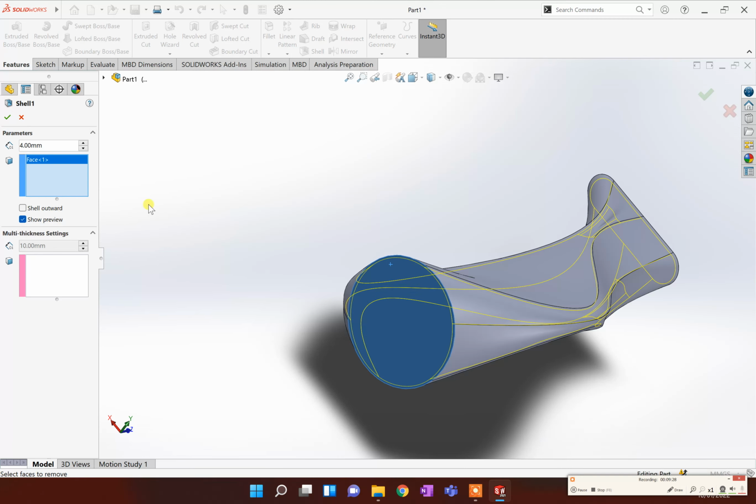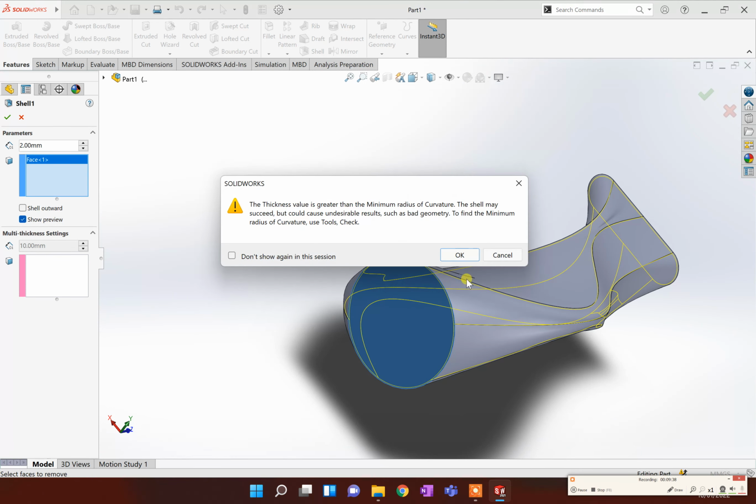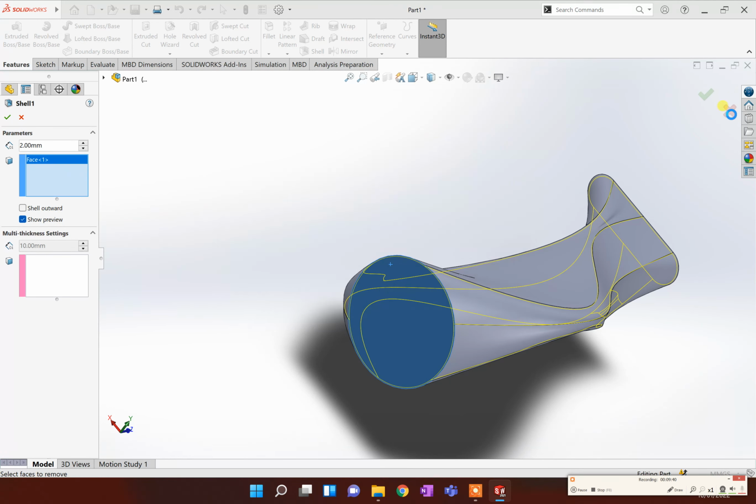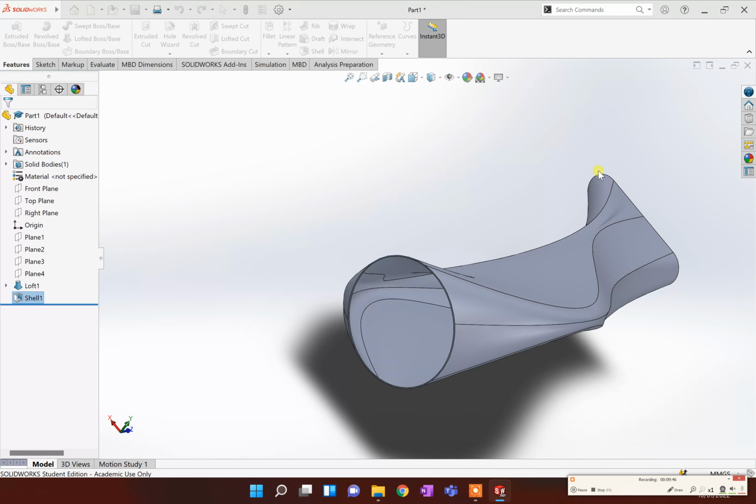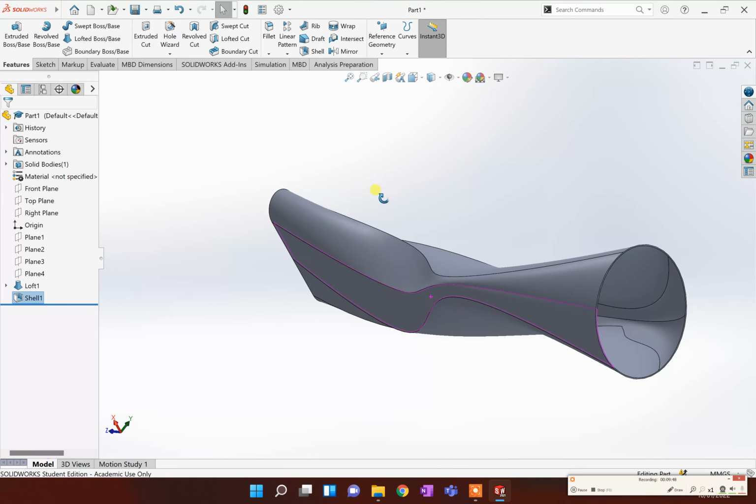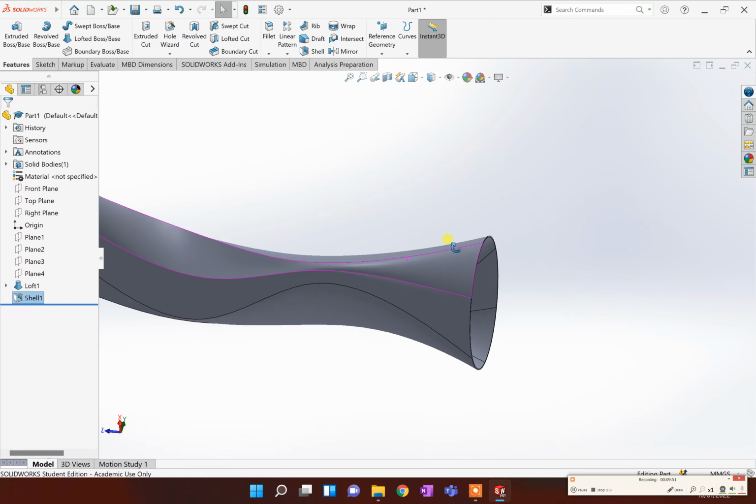So if you get an error like that, it doesn't like it. I'm going to try taking it back to 2, see if we can get away with it. It doesn't always work if your shape is difficult, but as you can see, by combining tools, no, it's not going to happen for us. But if yours is not quite as an extreme a case as mine is, you should have a decent chance of shelling it out. And then, oh no, it did work. It just decided it wanted an error. Okay, so